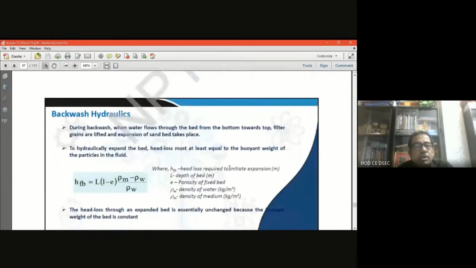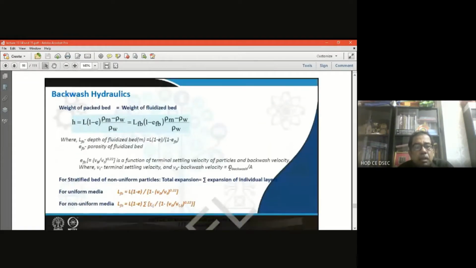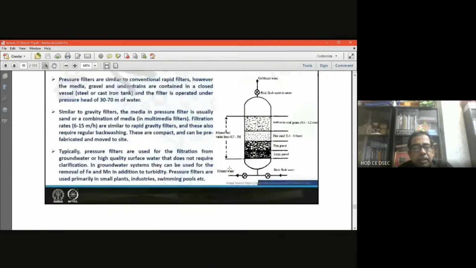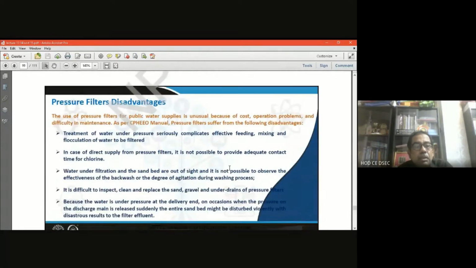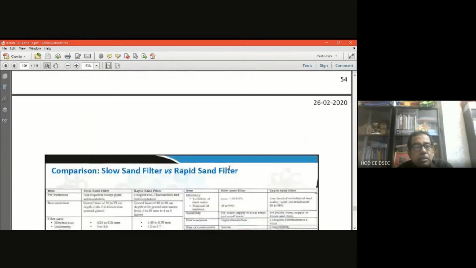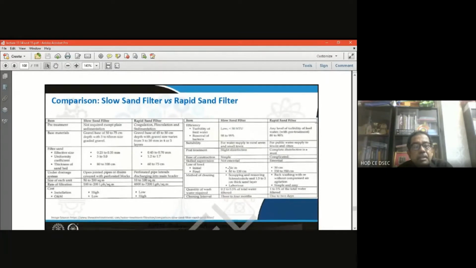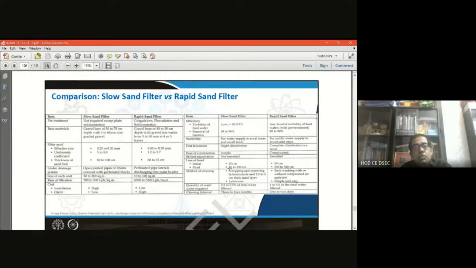Now I will discuss the comparison between the slow sand filter and the rapid sand filter side by side. Then you will get a very clear picture, because these two filters are very important as far as your syllabus is concerned. Let me discuss the questions that often come. What are the differences between the slow sand filter and the rapid sand filter? Very important topic that I am going to discuss now. We have more or less discussed both the slow sand filter and the rapid sand filter. Now let us highlight the differences between these two, then the concept will be much clearer.